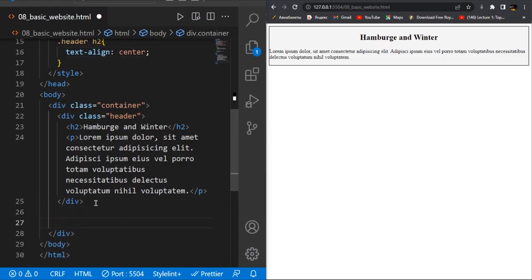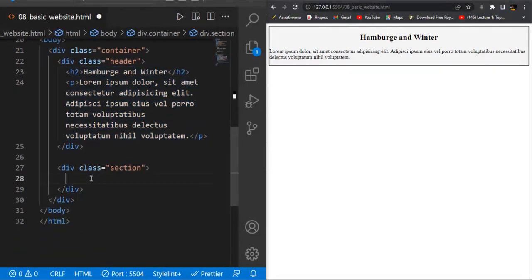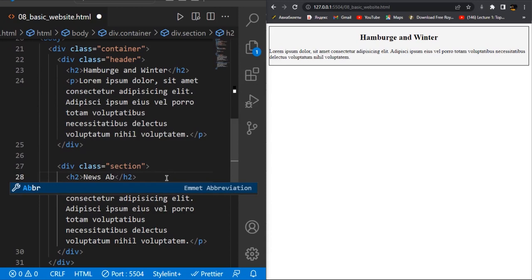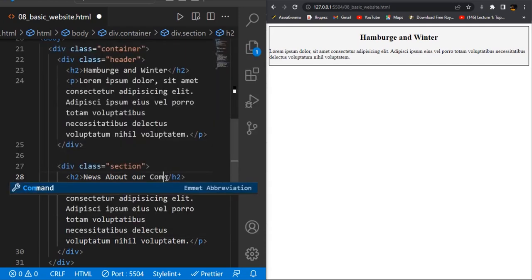I'm going to say dot section. I think that was what I did in class, and I'm basically going to have the same, not exactly the same because I'm going to change the content. Sorry, I'm supposed to do Control C. Then I'll come right here, and when I paste, I could just say news about a company. It doesn't really make sense, but